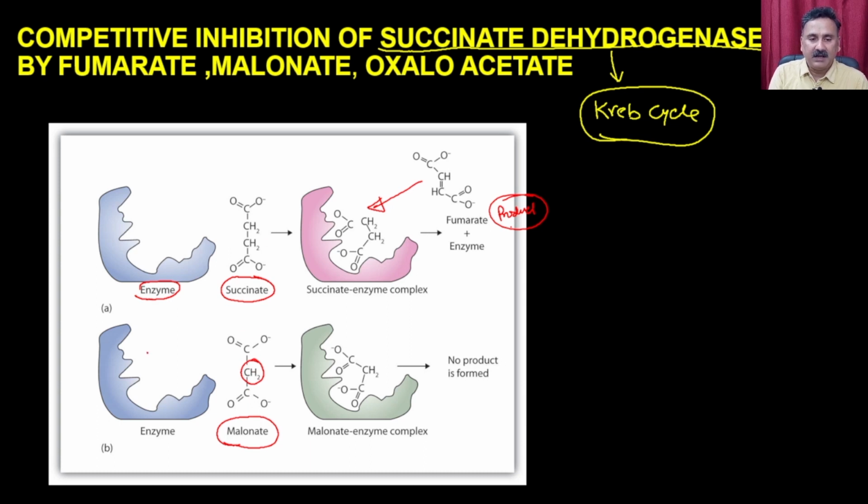So what happened is that these groups, this site and this site, are crucial, and this site is where the inhibitor is going to compete. So this acid group will go and sit here, right? And this acid group will go and sit here. This is exactly the same as for the succinate. So as a result, it is going to form the malonate-enzyme complex. And once the malonate-enzyme complex is formed, the succinate can get converted into the fumarate, but the malonate will not get converted into the product, and as a result the enzyme is going to be fractionated